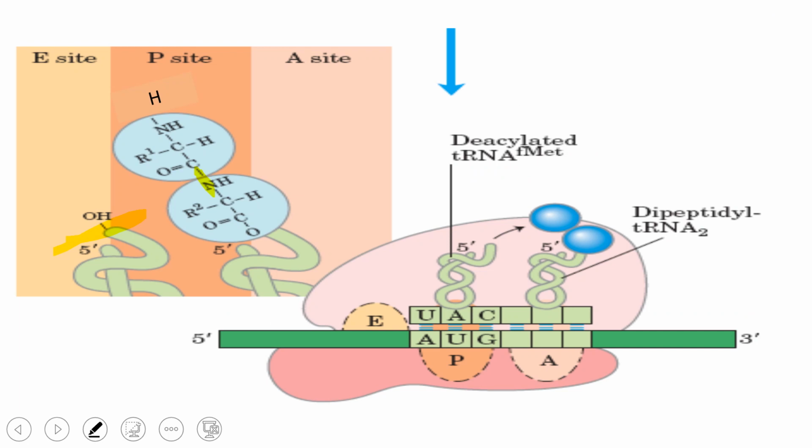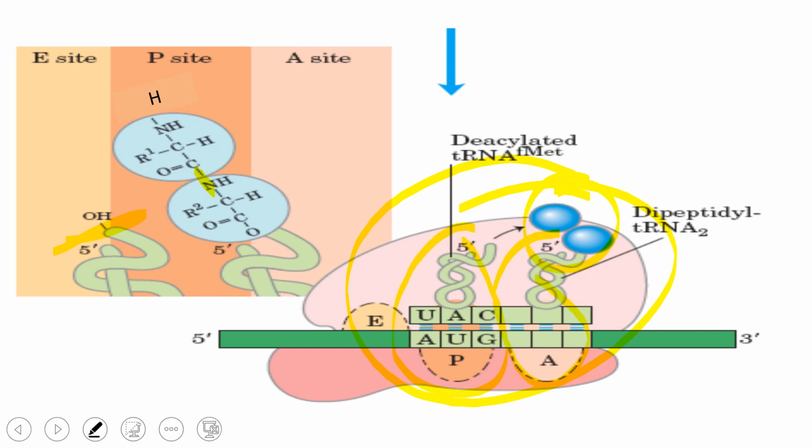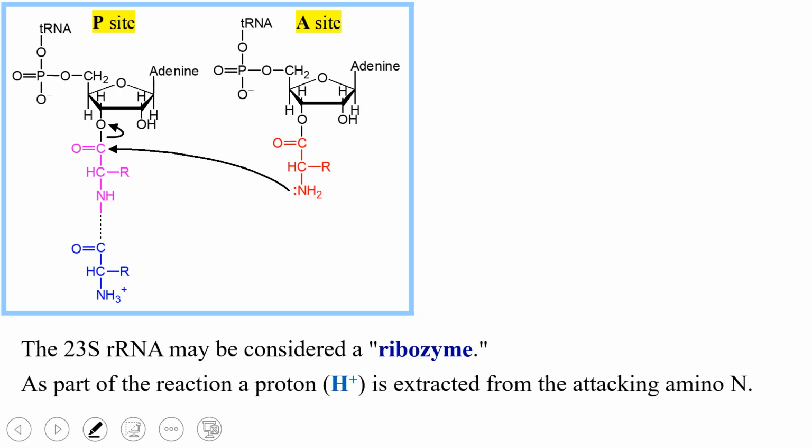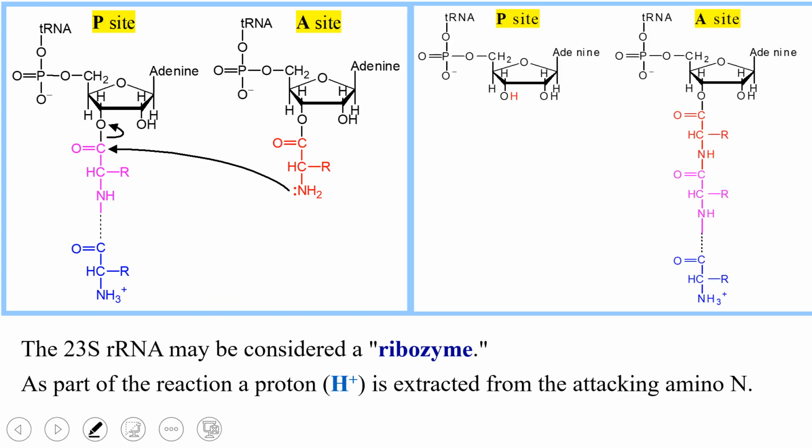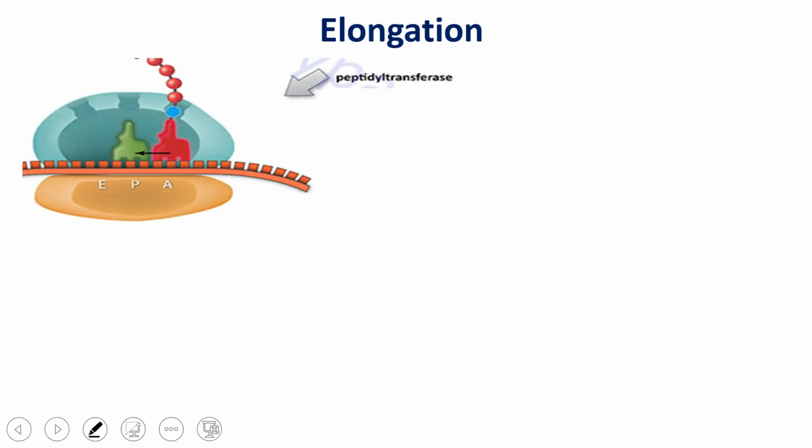So now we have this situation where the tRNA on the A site has two amino acids and the tRNA on the P site does not have any amino acid. So this is a free tRNA. After that, this is again one example of how the reaction occurs. So this is the amino group which makes a nucleophilic attack on this carbon and a bond formation occurs and this bond will be dissociated. In this elongation reaction,